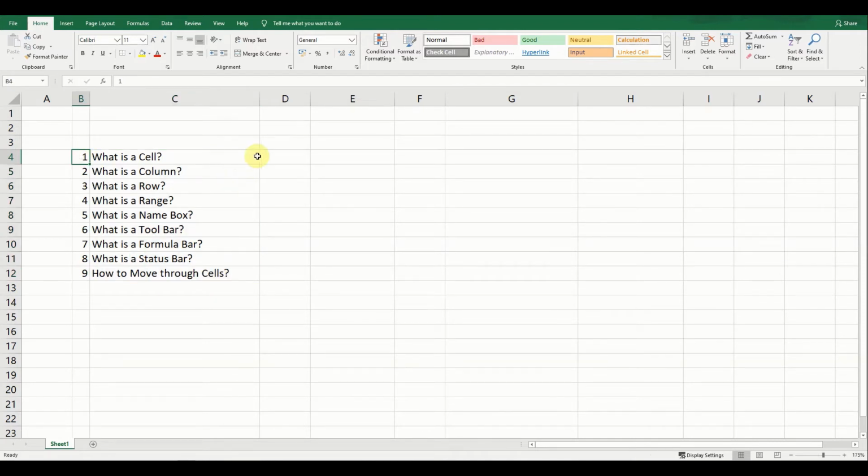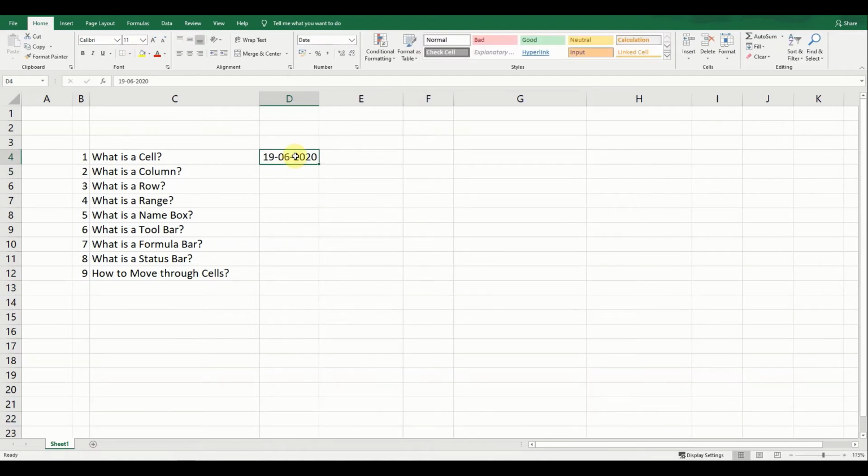What is a cell? A cell is this tiny box over here. So basically an Excel is made out of thousands and thousands of cells, and in each cell you can edit it by double clicking it, and you can add alphabets like A, B, C. You can add numbers like 1, 2, 3. You can add even symbols like @ sign, and sign, percentage, and so on. You can also add a date and many other things.